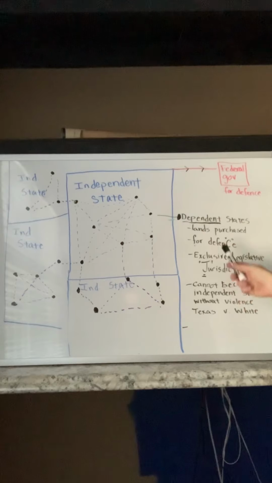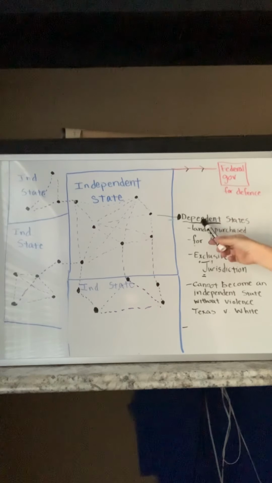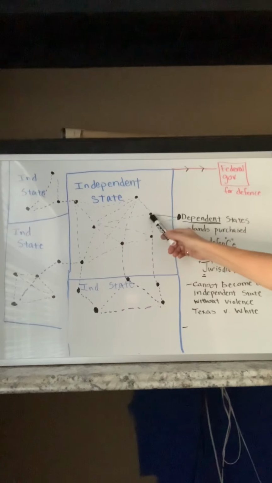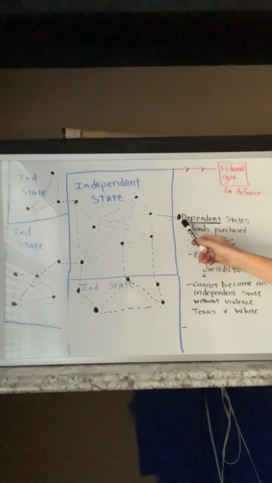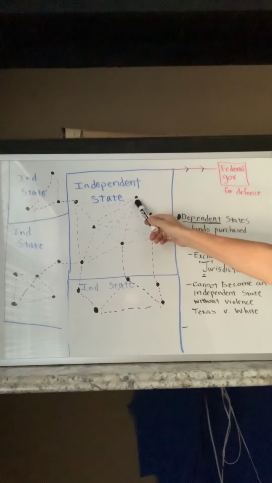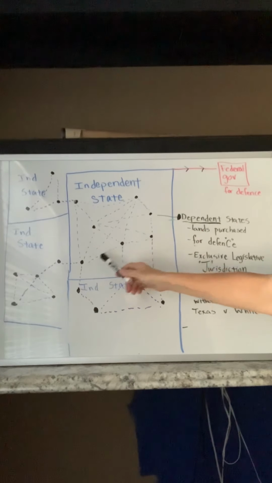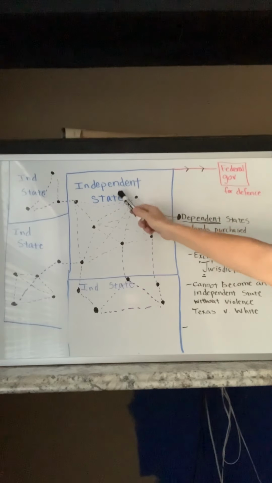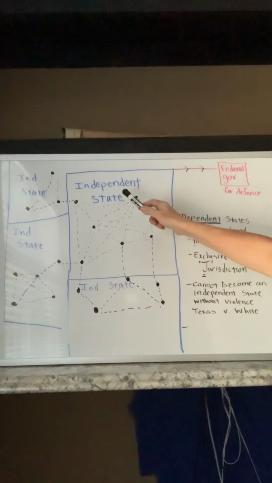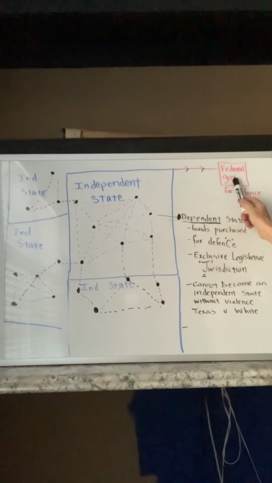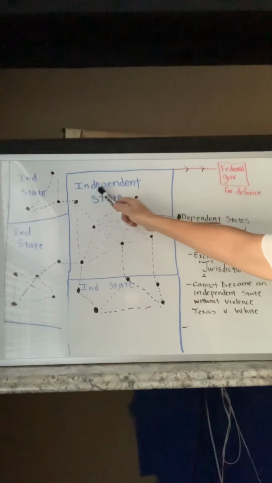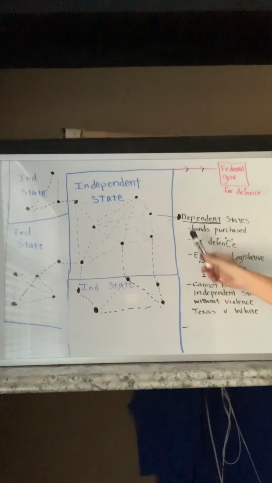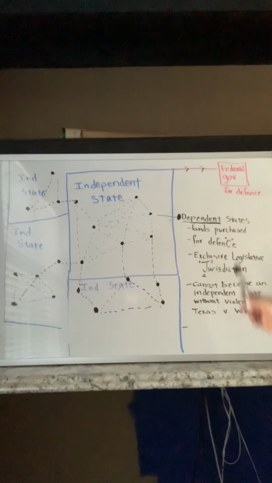This is why. Because the federal government has control of the dependent state, and the dependent state cannot secede from the Union because the federal government doesn't actually own it. The independent state does. These are the lands that were originally annexed to the federal government for defense purposes. The independent state can take back its lands from the federal government, and that is the secession by the independent state. The dependent state, created by the federal government with the permission of the dependent state, cannot become an independent